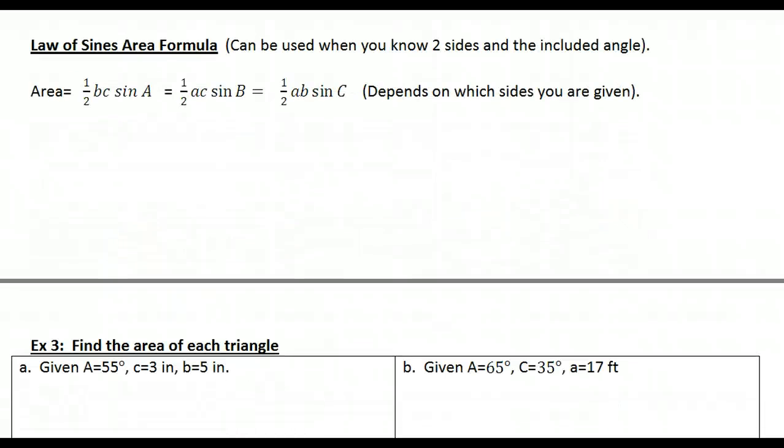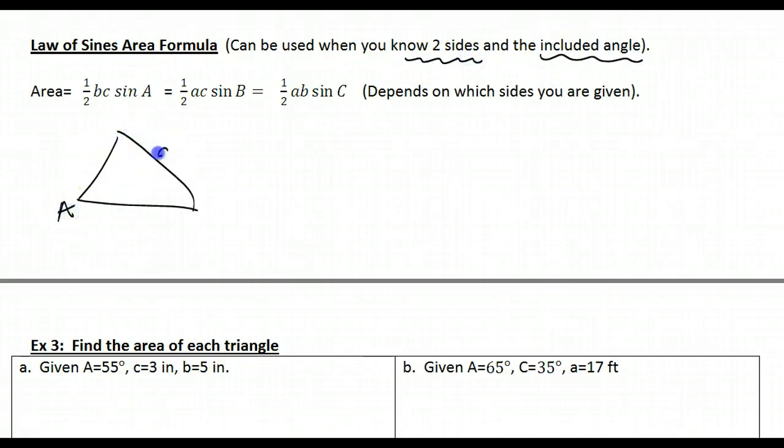So far, we only could find area of a triangle if I knew the base and height, and if the base and height were perpendicular to each other. That's what this formula gives us. Only if the base and height are perpendicular to each other. So this new formula allows us to find the area without knowing base and height. All I need to know is specifically two sides and the angle in the middle. Because if you think about your normal triangle here,